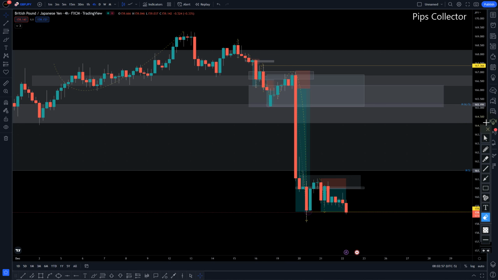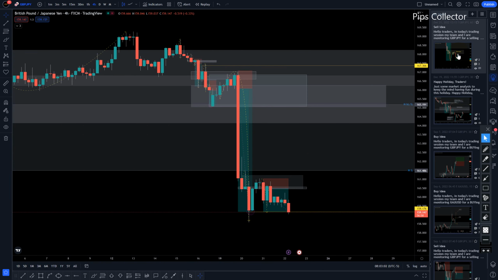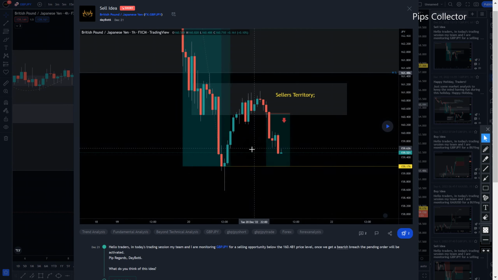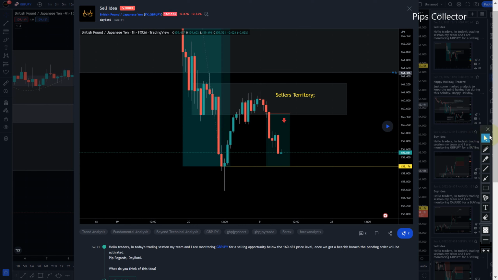So there was a forecast that was done here. Now, if you look at this very closely, I'm going to give the theory and play it out to see what I mean. Once price dropped, you see how the price dropped. You see the retracement strong, okay? However, not as strong as this.